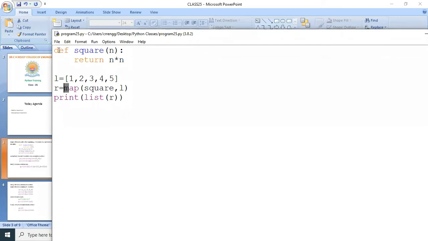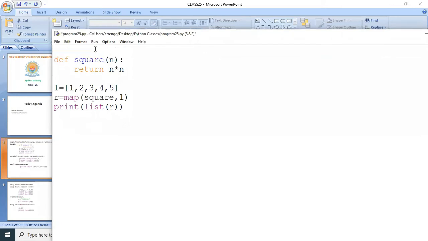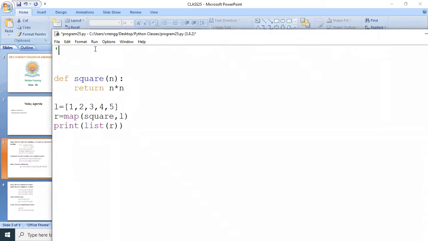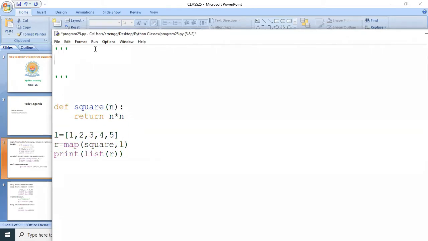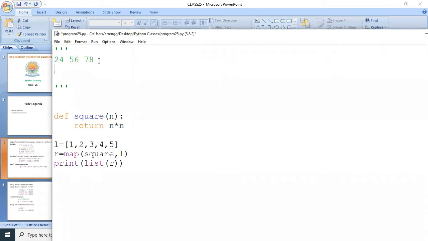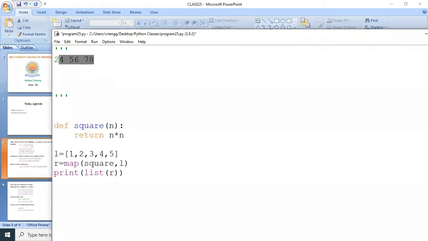So for example, I want to read the data like this. For example, 24, 56, 78 in one line. That means in the same line I'm going to give the input, and I store all these numbers in a list. What are we doing here? This is the iterable, that means this is the input.